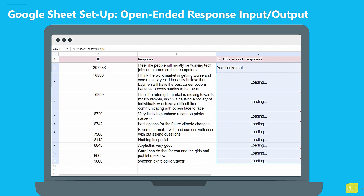Finally, this is where all the magic happens. While it's possible to run the formula on hundreds of open-ended responses at once, I recommend starting with batches, especially when initially training the model. This allows you to assess how GPT is coding these answers. So if you find that you disagree with its assessment, you may need to go back to the training data